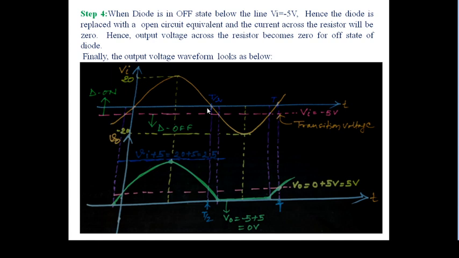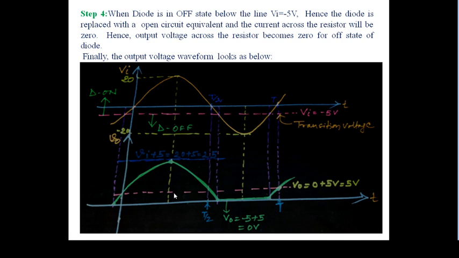This one is the input, and now we are drawing the transition voltage. Now we decide the diode is on above this line and off below it. When the diode is on, the total voltage would be 25, so it will go to 25. At the origin it will start from 5, and it will rise like that, and the value is 0 for the negative half. Here the diode should be off in that region, because this is a negative voltage, so reverse bias. This is the simplest example of a series clipper circuit.